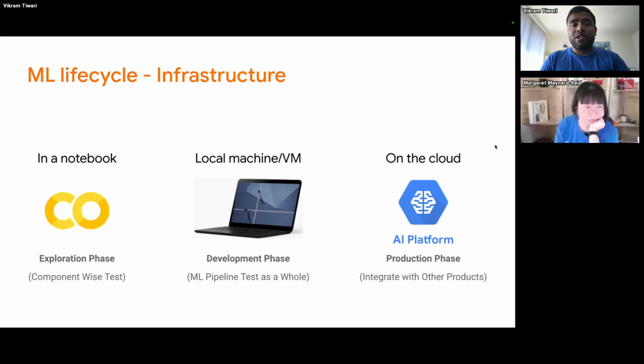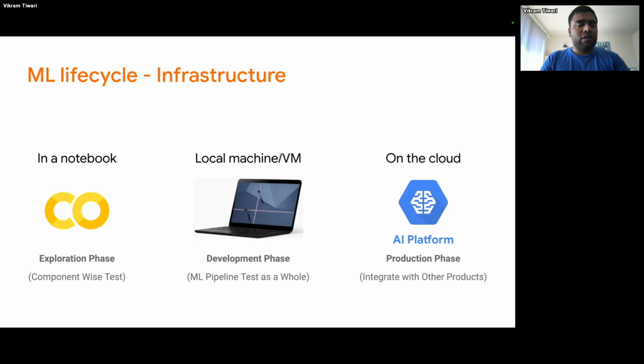Now, the other problem in this machine learning lifecycle is the infrastructure itself. Most of the time, in my view of the world, there are a lot of people and a lot of resources out there, like notebooks that you can run on Colab, or Kaggle, or Hugging Face. People can come in, do exploration, try out a model that is on Hugging Face or Kaggle, run it for their own use case and see how it works, with just some basic experimentation.